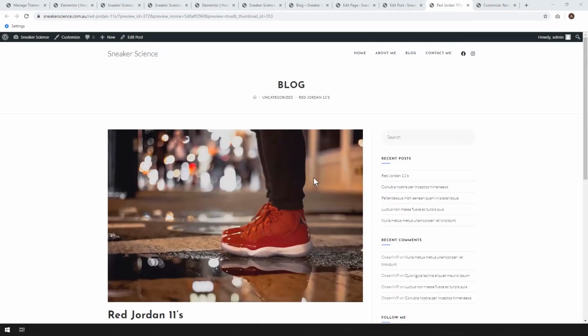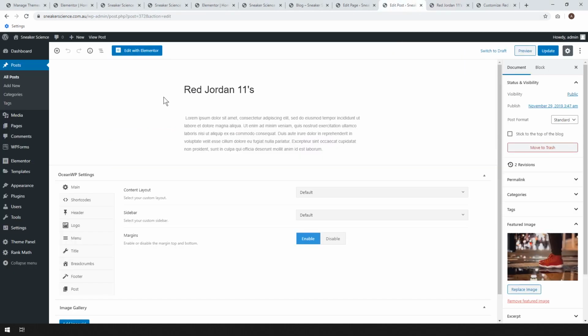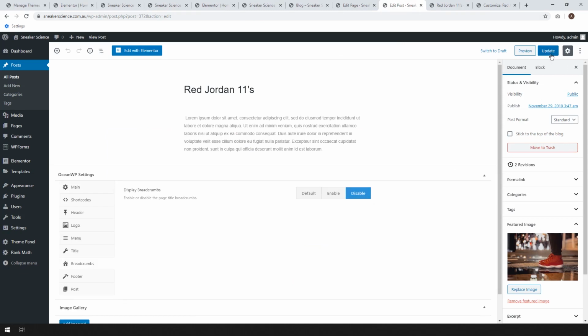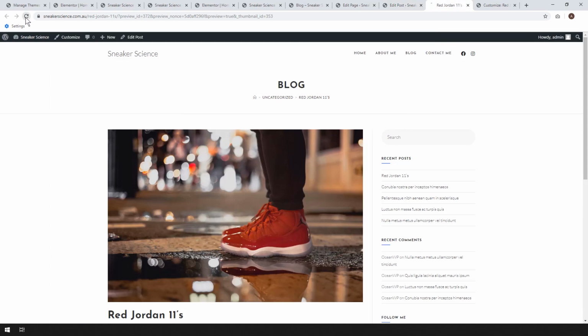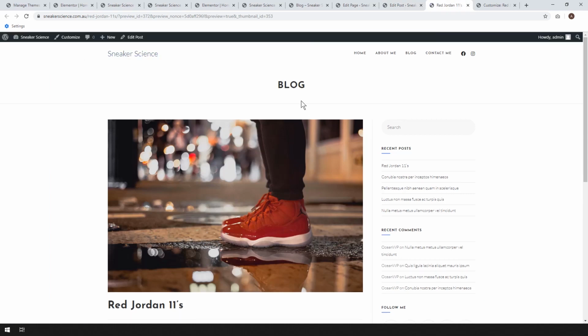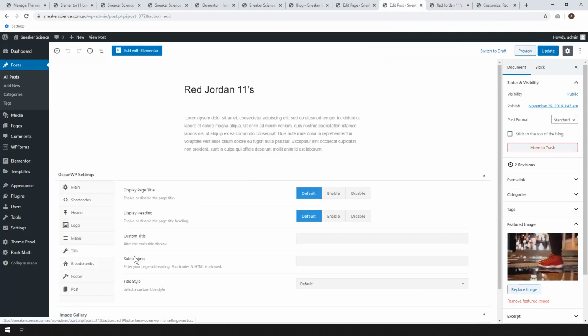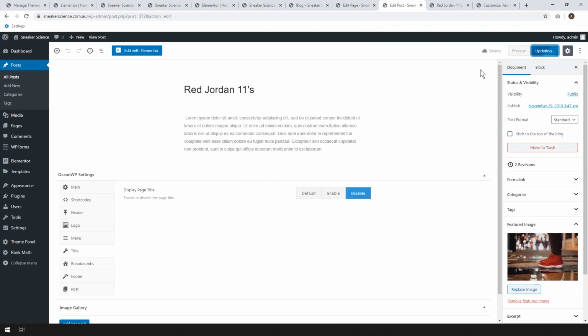So let's just start from top to bottom on how to customize this. So start from the title and the breadcrumbs here. We can go back to our edit post tab. Let's go ahead and look at the breadcrumbs. Let's disable the breadcrumbs and hit update. And so now if I reload this, the breadcrumbs have disappeared. The title is up there. We could actually probably turn that off if we wanted to. Display page title, we could go disable, hit update,